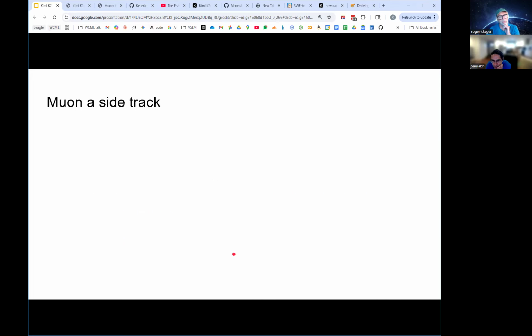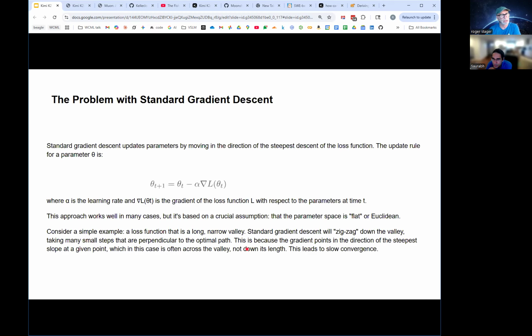Okay, so here's where I dived in, because they start out with Muon as an important part of it. They actually add something to Muon, but it seemed like there was a lot to the optimizer. So Muon is an optimizer, much like Adam or something like that. It was introduced, interestingly, in a blog post, as best I can tell, but as kind of setting the foundation for it.